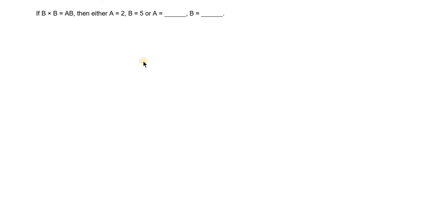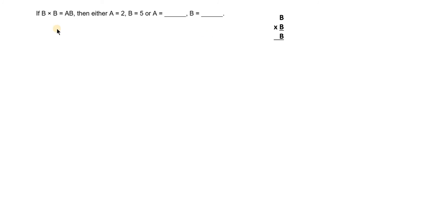Is there any other such number? You can guess and say. 6 sixes are 36. That is already known to you. See, here a and b are single digit numbers and can take values from 0 to 9 only. So 0 to 9 are the only values possible for them. ab is a double digit number, a is in the tens place and b is in the ones place. So ab means, in the generalized form, 10 times a plus b.